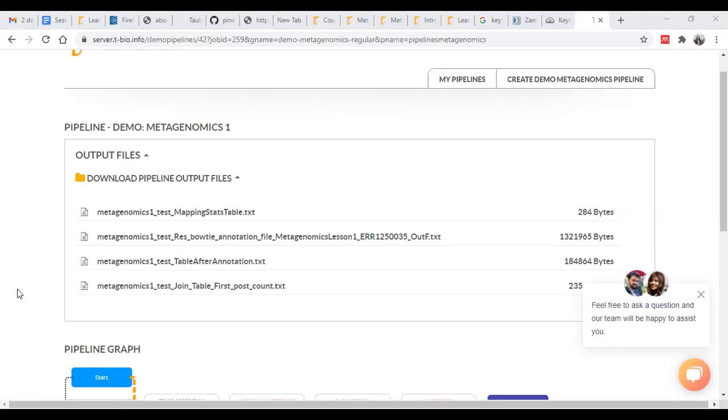So after aligning your reads, this is how you can get the information. Then, against each of these IDs, exactly which microbial species is present is available in the annotation table. This is how you can run a metagenomics pipeline. Is it clear to you?